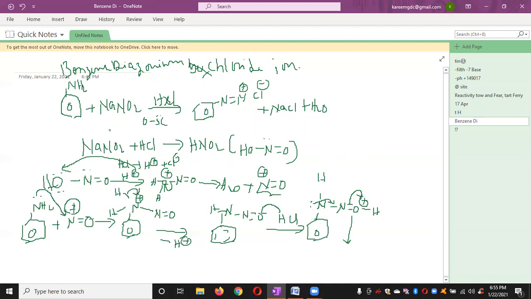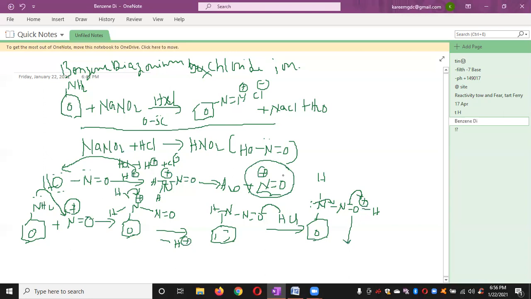So here, how many steps? Here this is the overall reaction. The first step is what? The formation of the nitrosonium ion. So this one is the first step. So how do we get it? First, we react sodium nitrite NaNO2 with HCl. So thereby we get nitrous acid, and this nitrous acid again reacts with HCl, that is, it is protonated. Thereby it releases a water molecule and facilitates the formation of the nitrosonium ion.